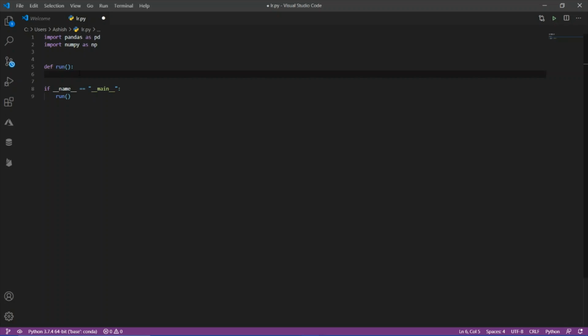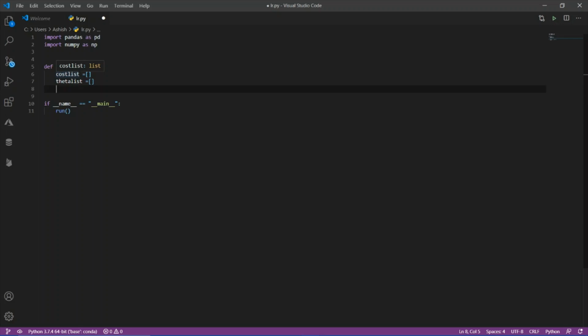So in order to get the optimal theta that will minimize our cost function, I have to run some algorithm a number of times. So in each iteration I'll get a cost and theta. So I will define a cost list to store the cost of each iteration and a theta list to store the theta. So the cost list is to store the cost, and the theta list is to store the theta of each iteration. Okay.